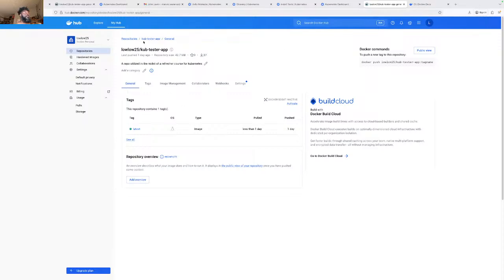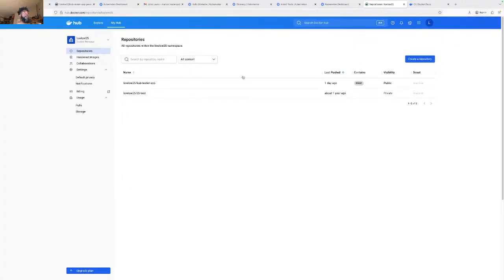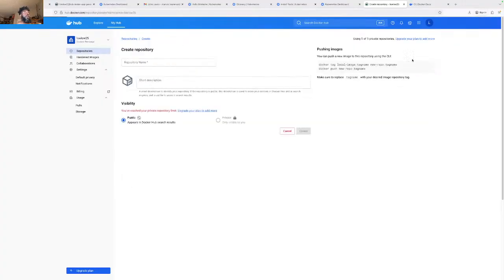Kubernetes. Let's go to repos, repository, and then live. Ooh, okay, here we go. Let's create a repository, and we're going to call this Kubernetes K8 live, short description, a test repo for a tutorial.